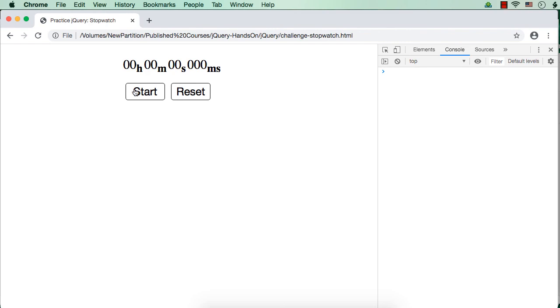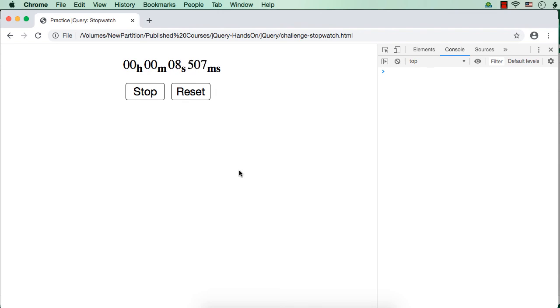Yes. Start. Reset. Start. Stop. Reset. Reset. Without clicking any start or stop button, still we can click the reset button. Start. Stop. Start. So our stopwatch is working correctly.